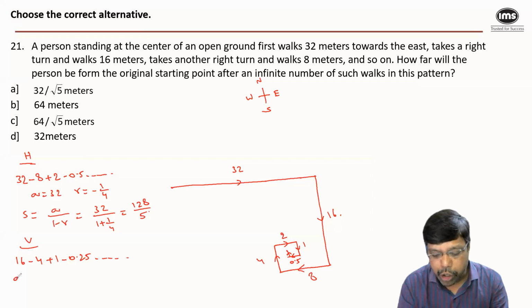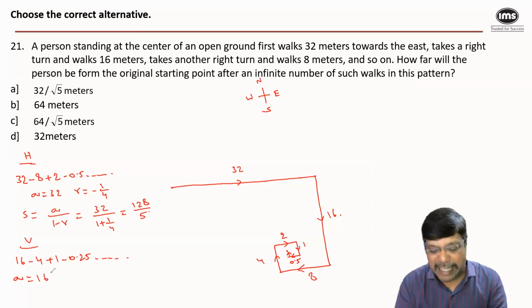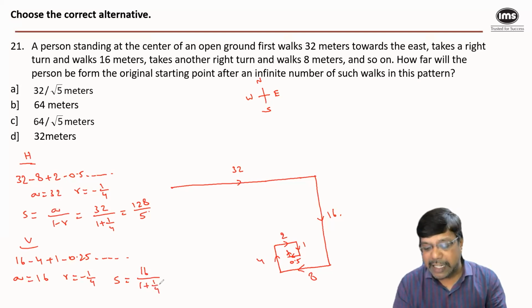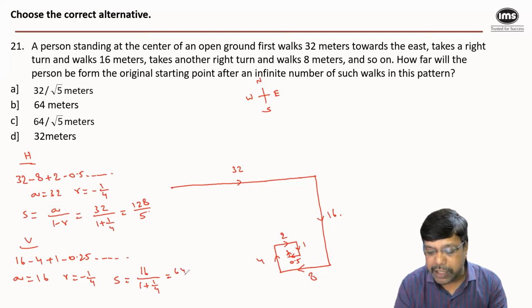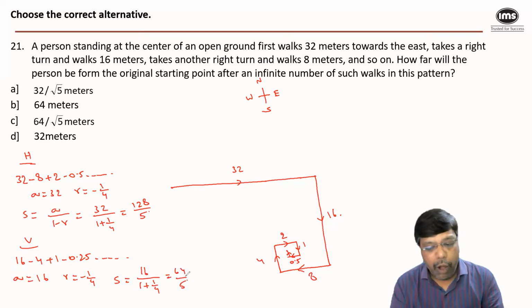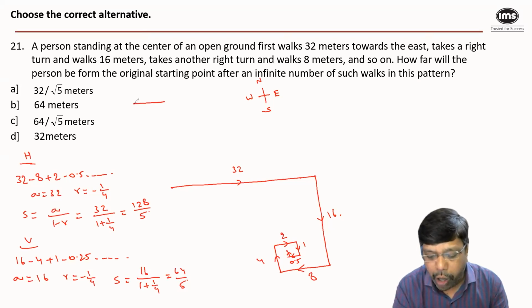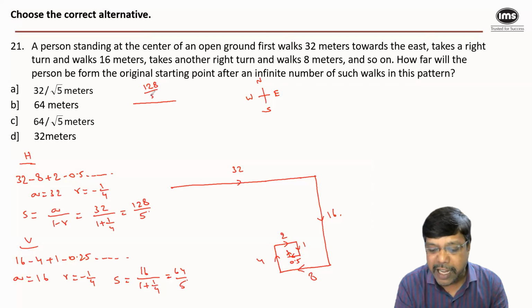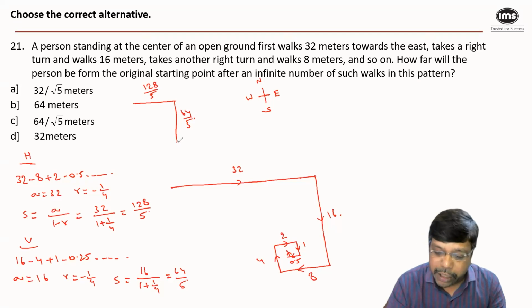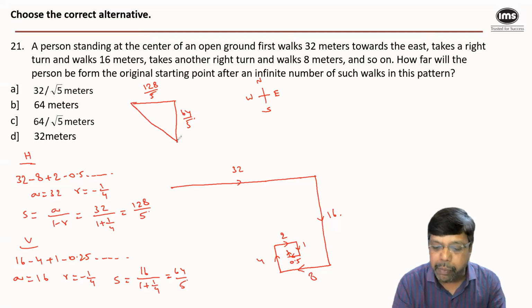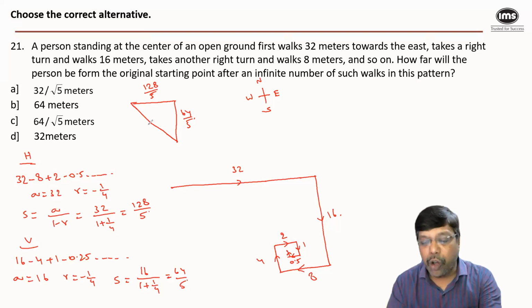Now this is also a geometric progression with the first term as 16 and the common ratio as -1/4. Hence, the sum of all the distances traveled vertically is equal to 16 by 1 minus of -1/4, which is 16 by 1 plus 1/4. That is equal to 64 by 5. Now, if I have traveled an overall horizontal distance of 128 by 5 and overall vertical distance of 64 by 5,